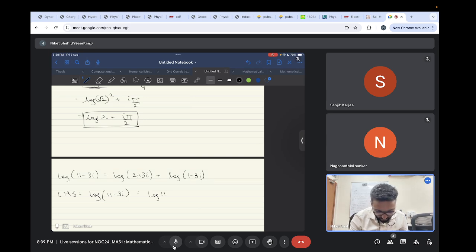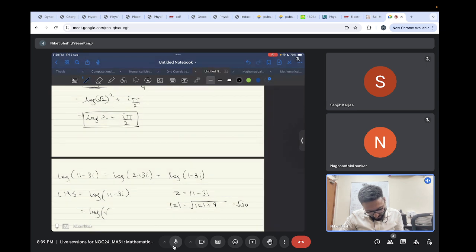Actually, let's do this. What's the magnitude of this complex number? Let z be a complex number which is 11 minus 3i. So mod z is equal to square root of 121 plus 9, which is square root of 130. All right, so this is simply log of square root of 130